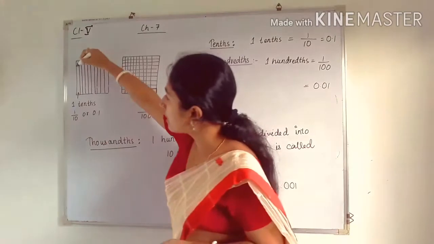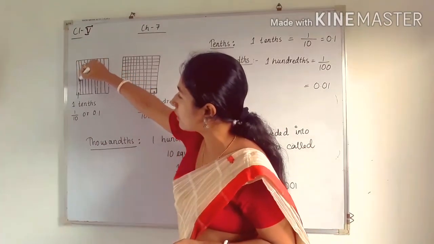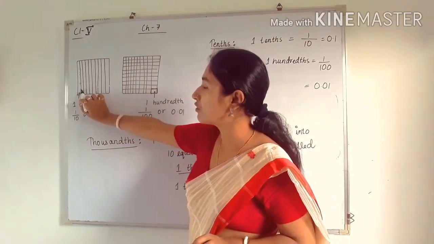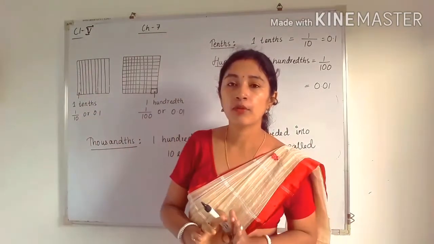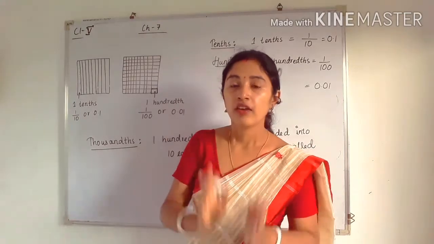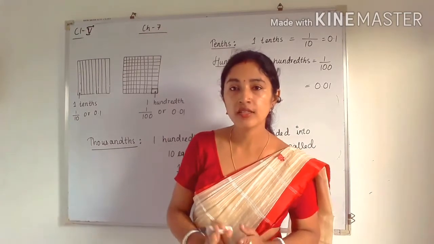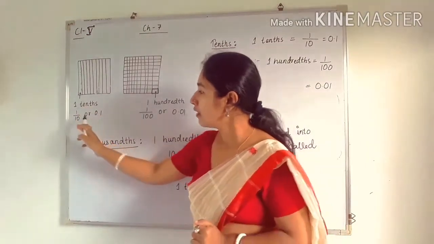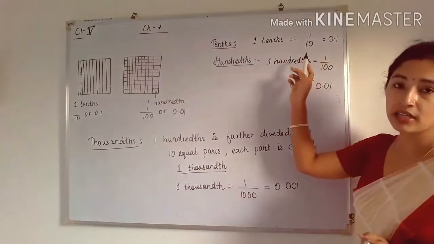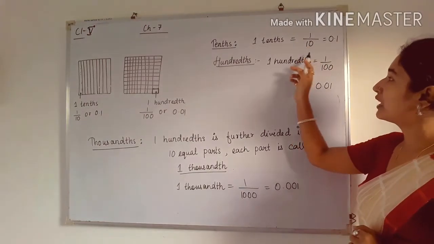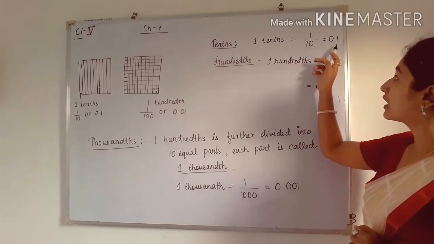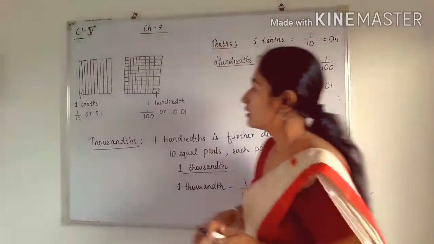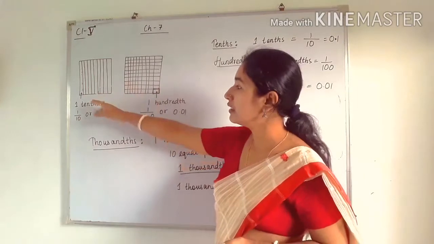If I color this part, then this will be 1/10. If I color two parts of it, then it will be 2/10. If I color three parts, then it will be 3/10, and so on. In fraction we write it as 1/10. Already I told you, in decimal number we can write it as 0.1. So now see,